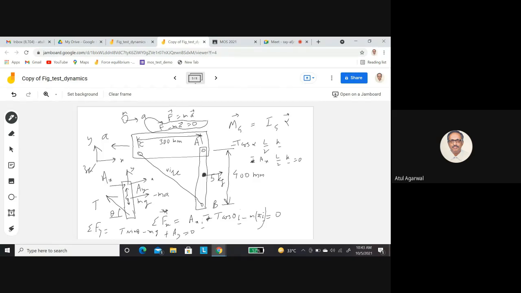Now your reference frame is fixed to the mass itself. With respect to this frame, this mass is stationary. But how will you analyze that there is a force F? External force is F, and you impose an additional force, inertial force minus ma. Then this is the equation, Newton's law for an accelerating frame of reference, equal to mass into acceleration related to this reference frame, which is 0. So you get back the same equation as before. I think there cannot be any doubt about this.